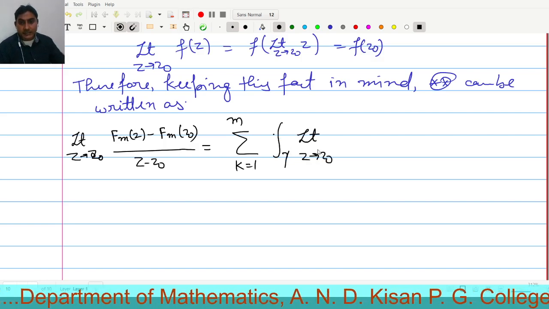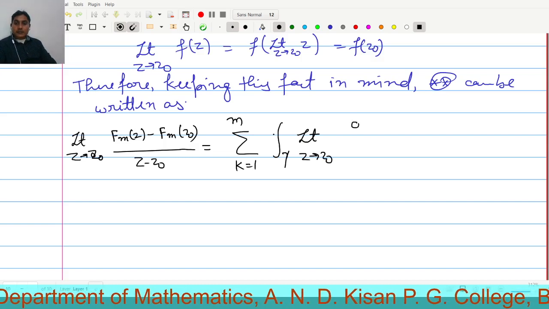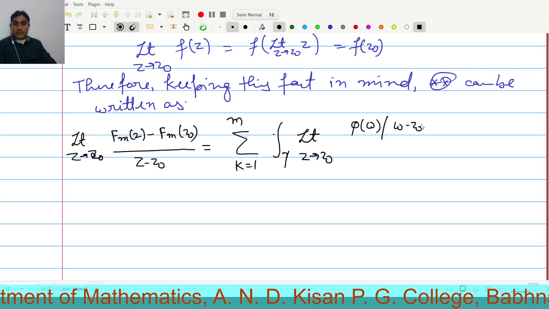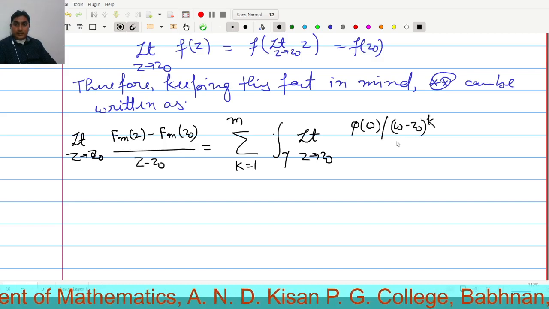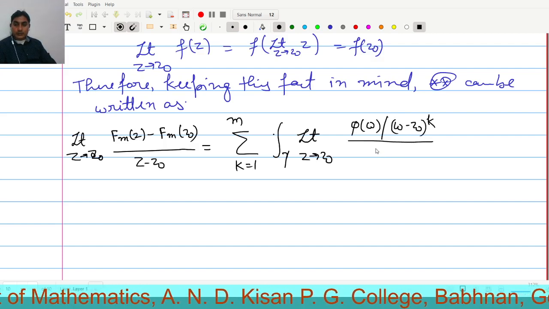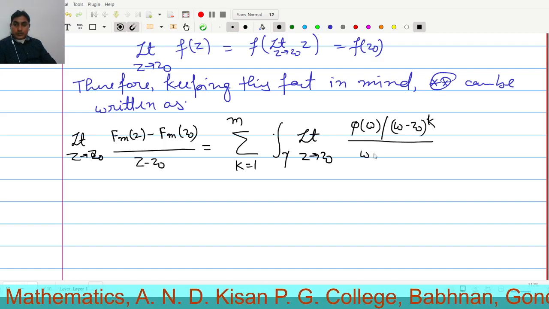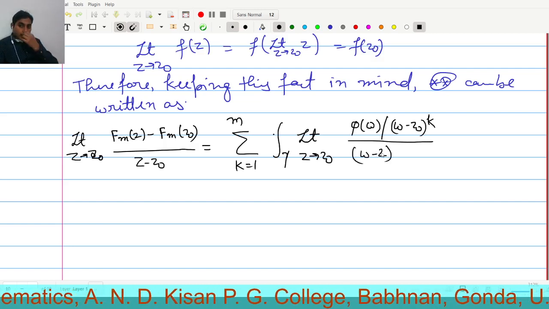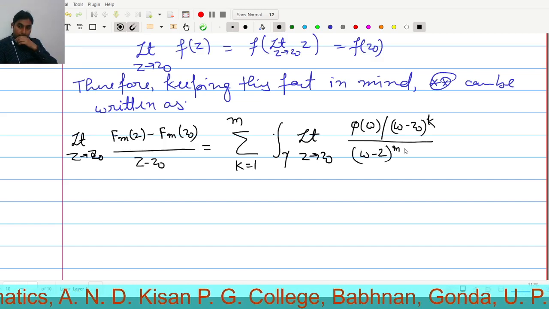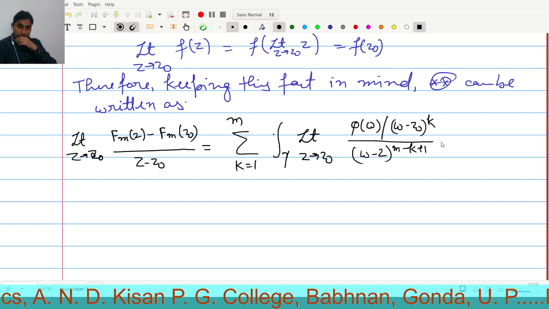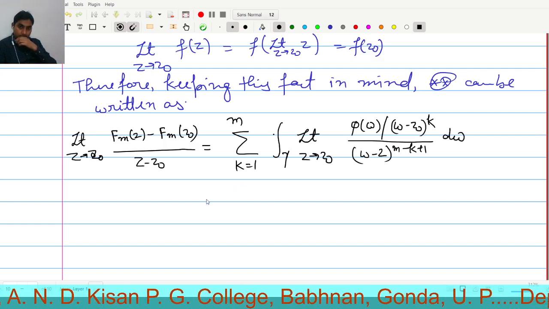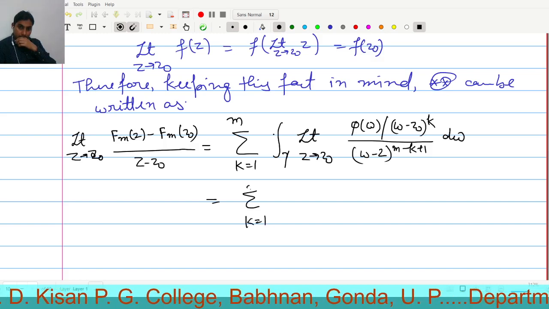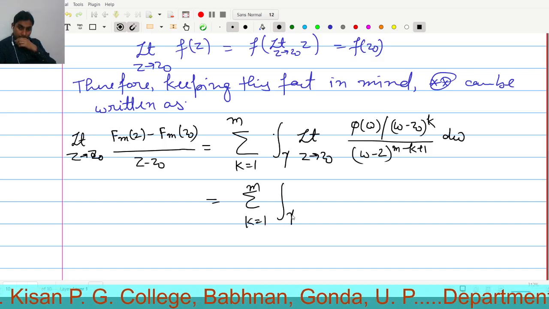We have taken the limit inside, integral over gamma of phi of w upon (w minus z naught) to the power k upon (w minus z) to the power m minus k plus 1 dw, and this is exactly equal to summation k varies from 1 to m integral